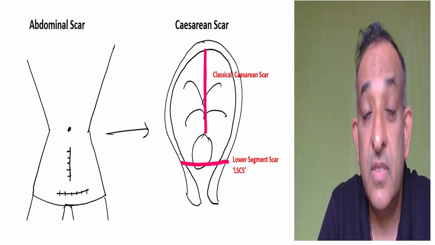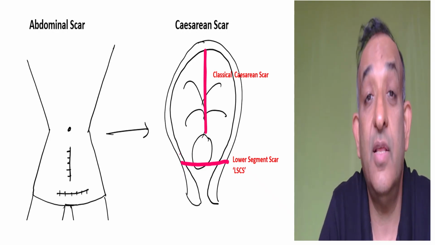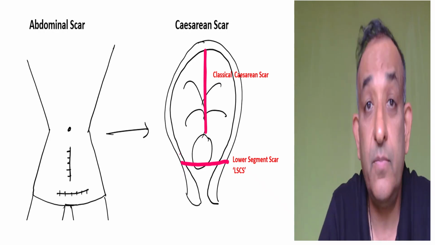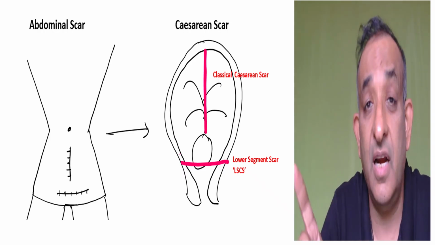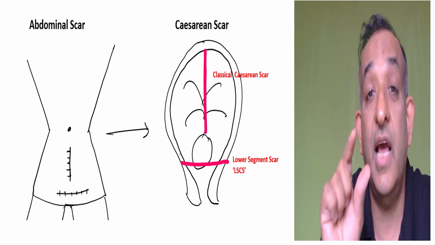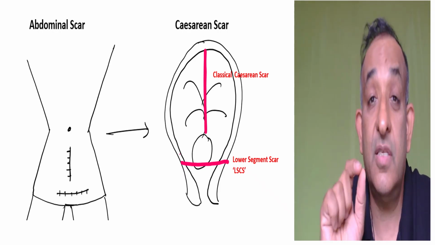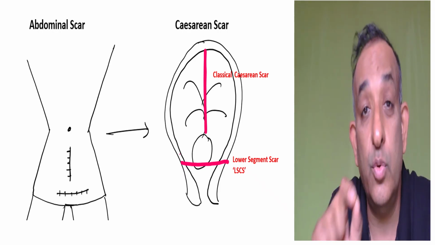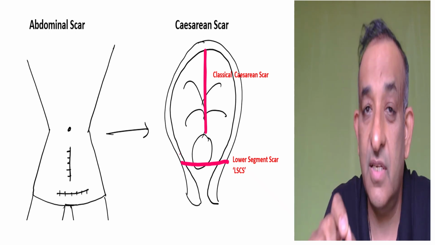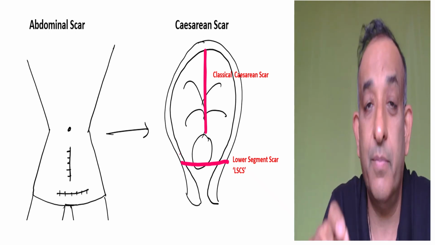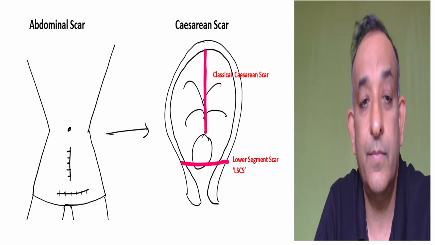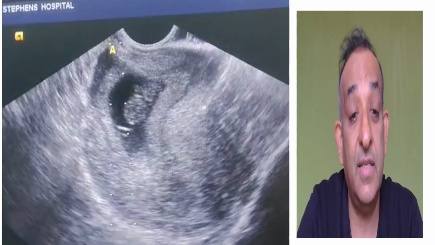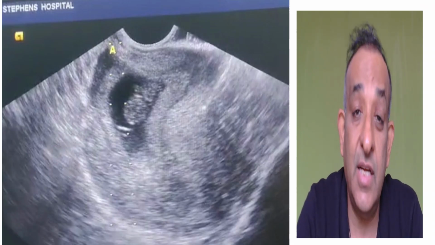Now, the scar ectopic is in the uterine incisions. Don't get confused. Scar endometriosis, when we discuss it, is in the abdominal scars. The scar ectopic is in the uterine scars, and the most common uterine scar is the lower segment cesarean section scar. All right, guys. Talking about this cesarean scar ectopic pregnancy, this is how it looks in the ultrasound,